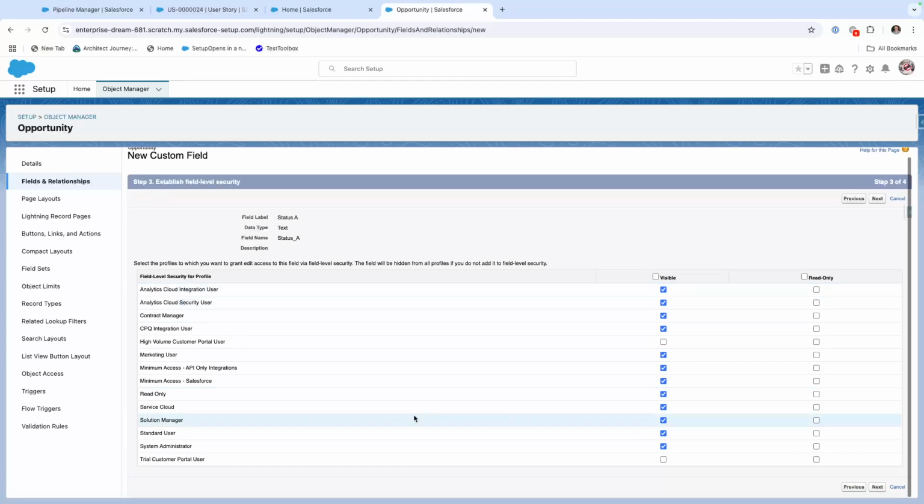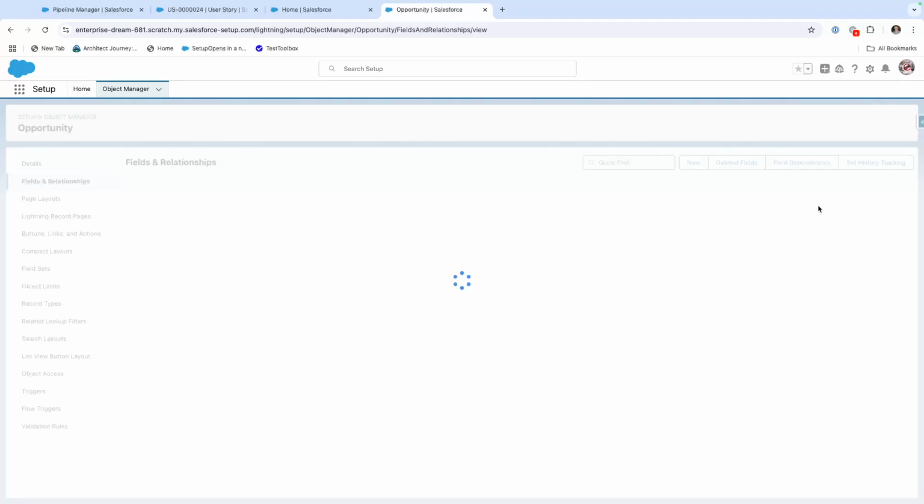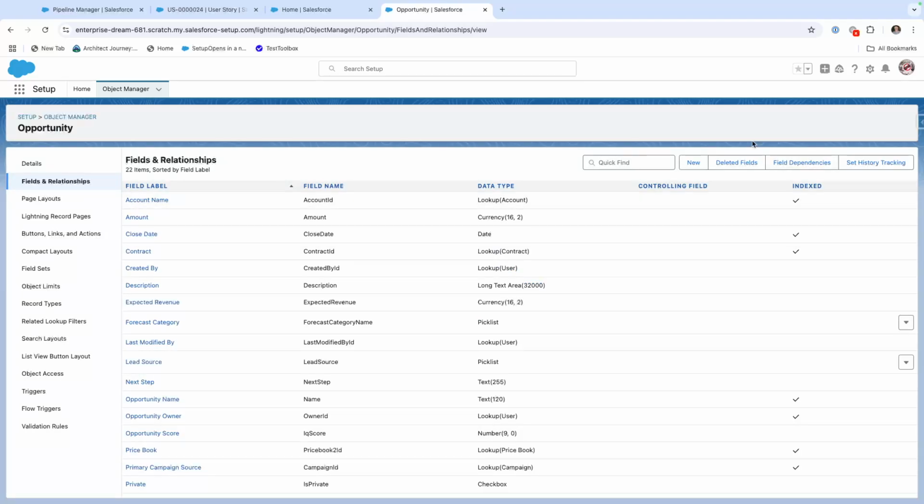One, we have field level security. We're going to make sure that sysadmin has this. Next, we're going to add it to the opportunity layout. This way it's already on the layout, and I'm going to hit save. So now what I've done is I've created this status A field on the opportunity, and I would go back to